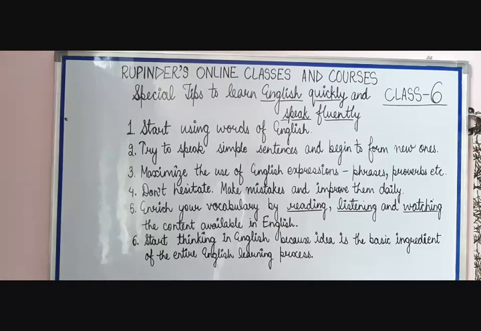That is, maximize the use of English expressions, that is, phrases and proverbs. For example, we all know tit for tat, honesty is the best policy, and many other such kind of proverbs and phrases, and we have to utilize them. We have to fill our native language with those words and phrases from English, and we have to maximize the